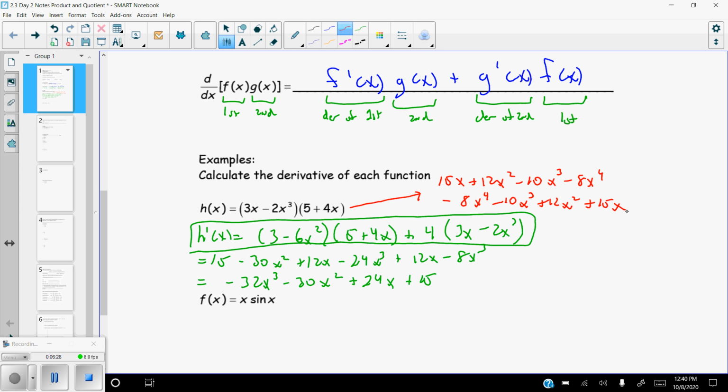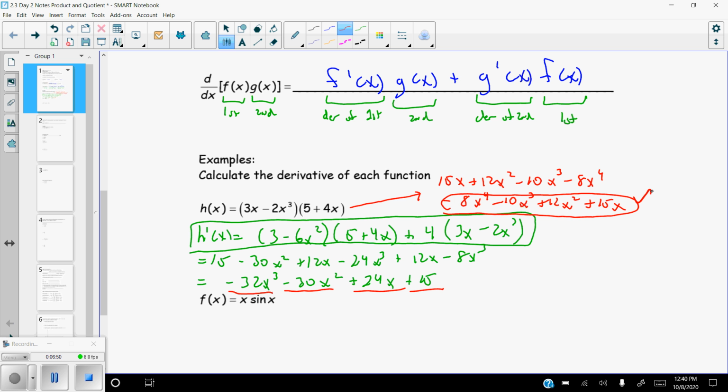Now, if I wanted to go ahead and take the derivative of this, just using the power rule, well, let's see. Negative 32x to the third. Good. Minus 30x squared. Good. 24x. Good. And 15. So the derivative of this right here is what we actually got by doing the product